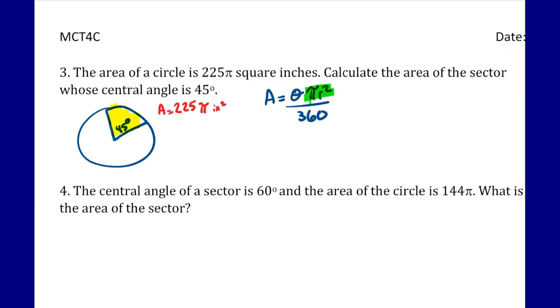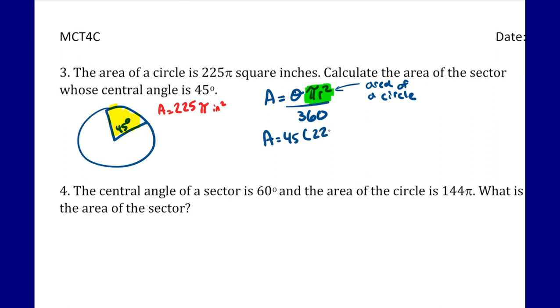And this portion right here, pi r squared, that's the area of a circle. So if I'm given the area of a circle, I can just plug that in for the entire pi r squared portion. So A will equal theta, which is 45,